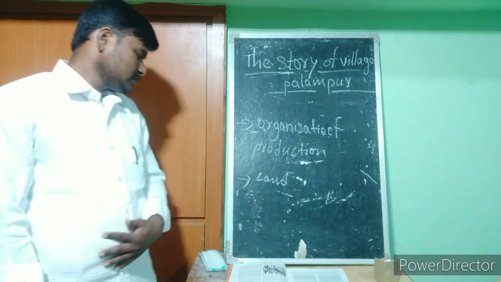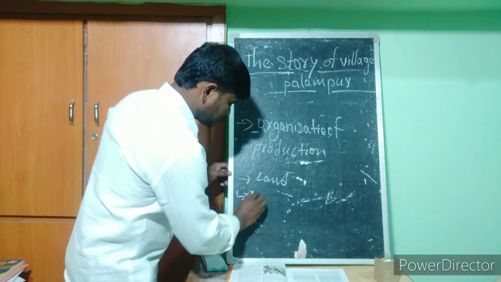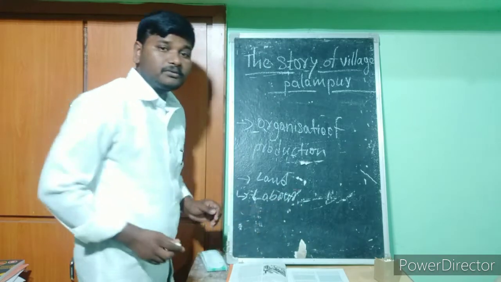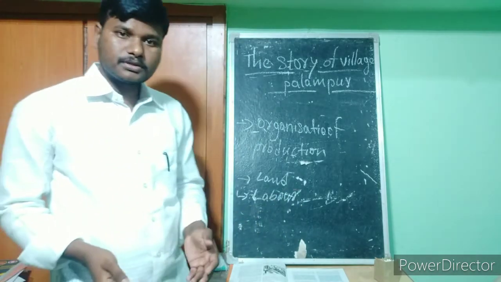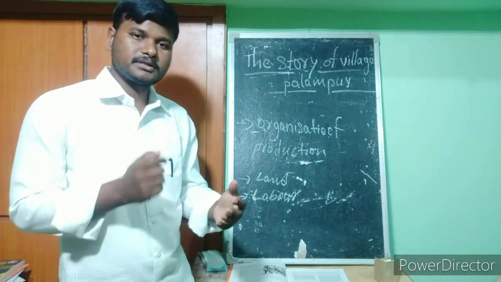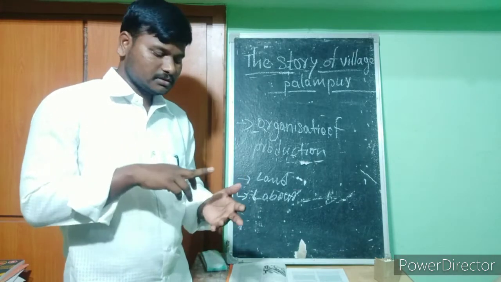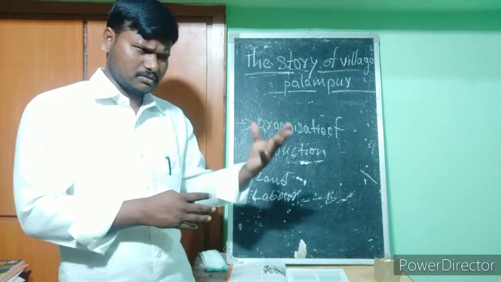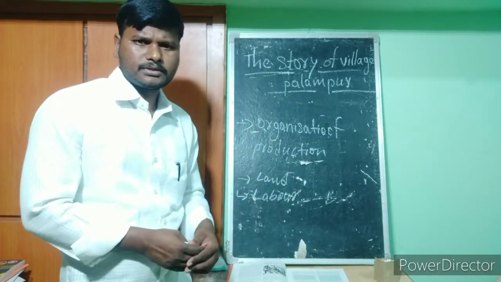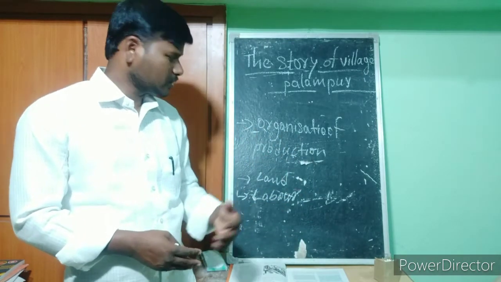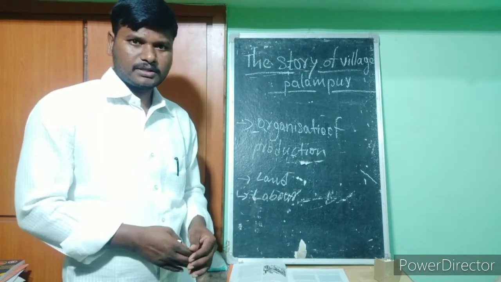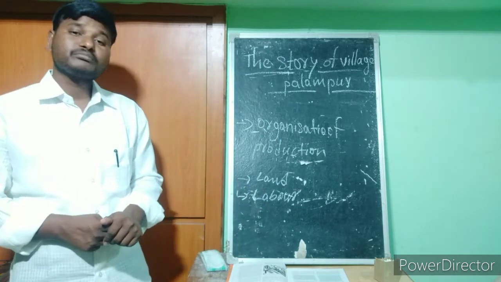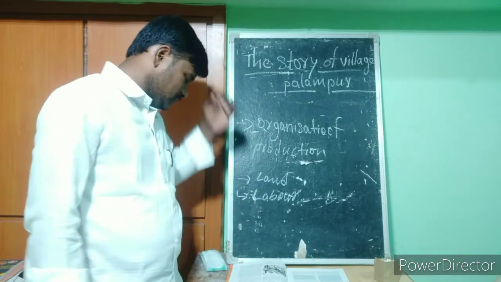Next, labor. If you want to produce any goods or services, we require labor. Labor includes technical labor and also some accountants, and the laborers who load and unload the goods, and in many areas they are required. Skilled people are required for the companies. So labor is very, very important for production. After that we require